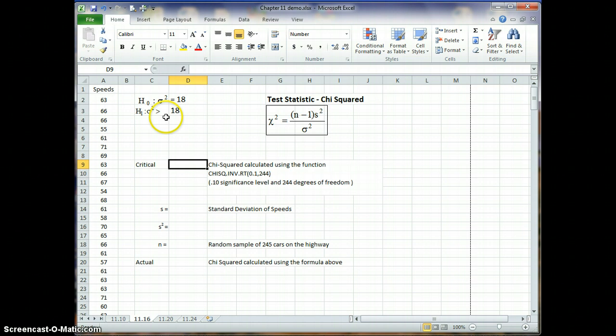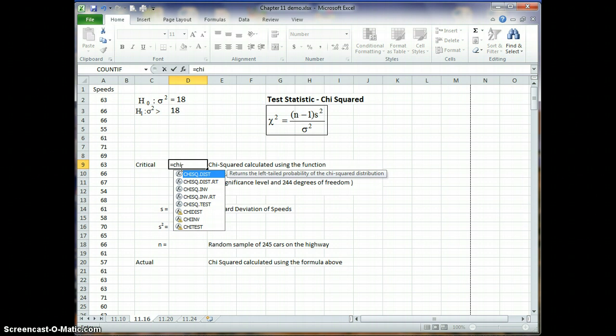So the first thing we're going to do, well, we're going to use a chi-squared test statistic. So we're going to use this formula eventually and do the calculation based on these actual speeds here. But before we do that, we're going to calculate it using this chi-squared function and then do a comparison to see whether we can accept or reject. So first we'll go equal